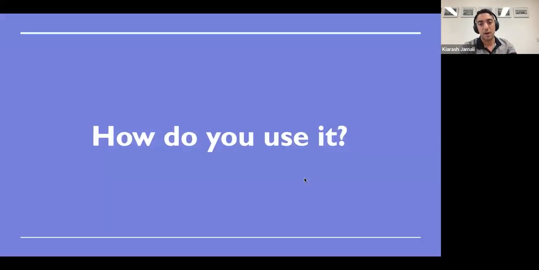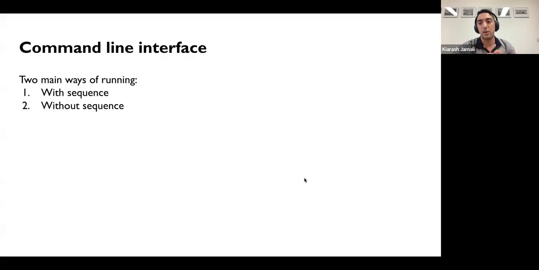So how do you actually use this? And this is what I gather the seminar is mostly based around. For the command line interface for Michelangelo, we strive to keep it very simple. There are two main ways of running Michelangelo, which I said before: with the sequence and without the sequence.